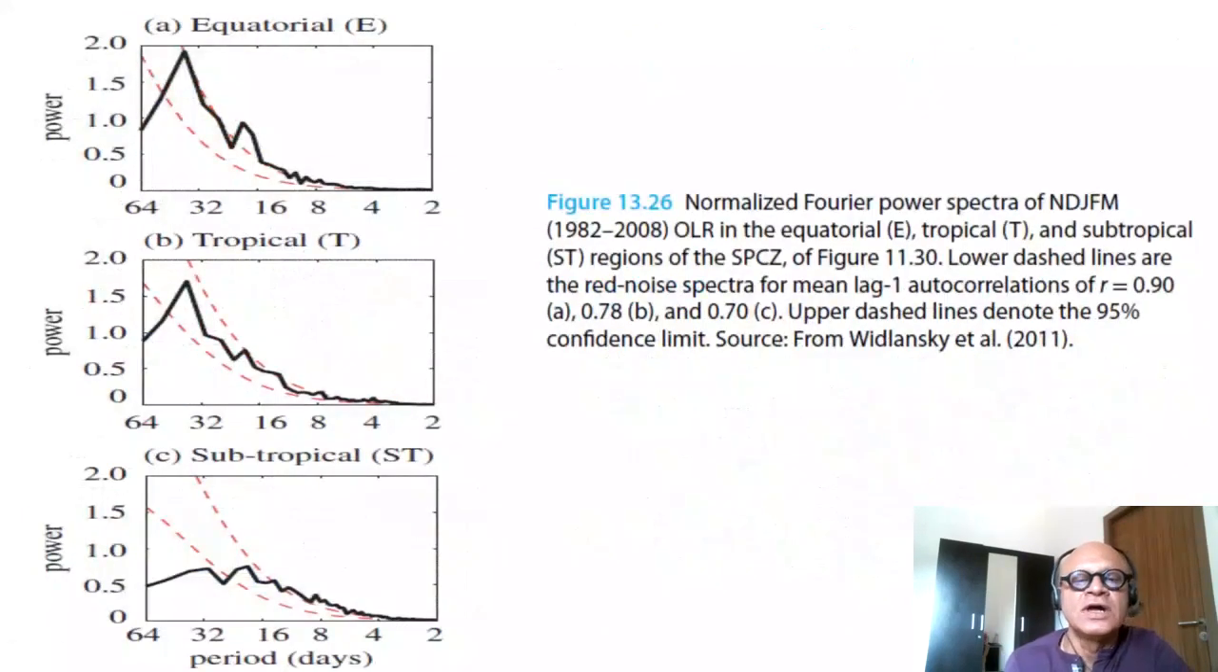Let's leave it there. In terms of variability or transients, this is the normalized Fourier spectra for November, December, January, February. That's typically the time period, half the year, where the SPCZ is very well defined and strong. So we are looking at OLR in the equatorial box, the tropical box, and the subtropical box that we marked in the previous figure. So this is showing red noise spectra and the confidence level of